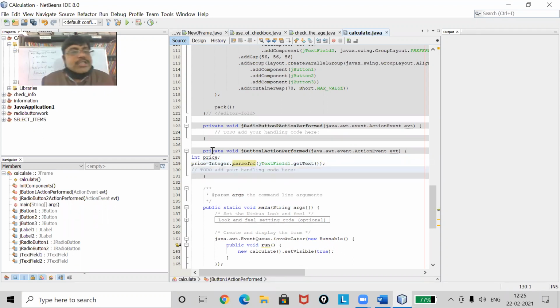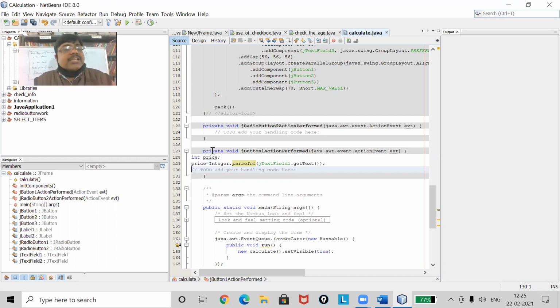Clear? Using this statement, I will store the value in which integer? Price.